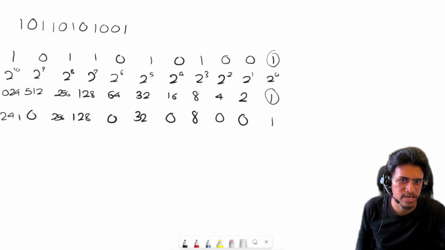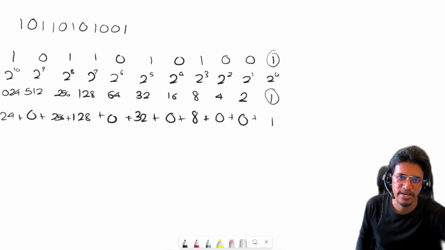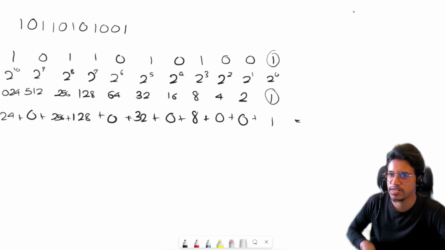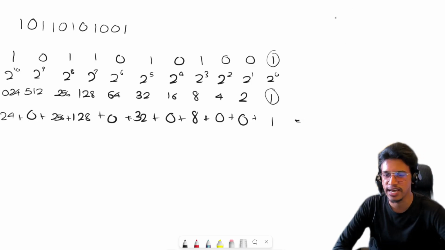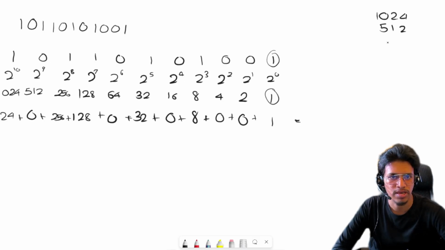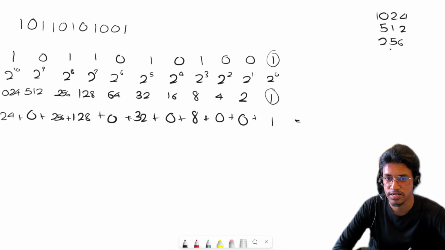Now we add them together. All right, so I'll be doing the addition on the side. 1024 plus 512 plus 256, add 128, 32, 8, and 1. All right, so here we get,